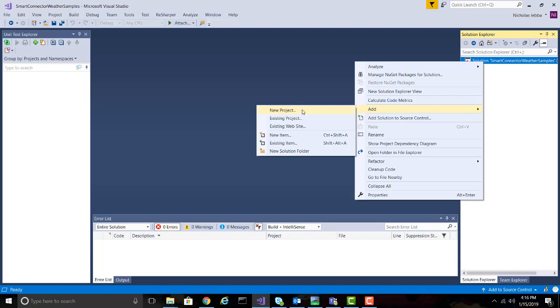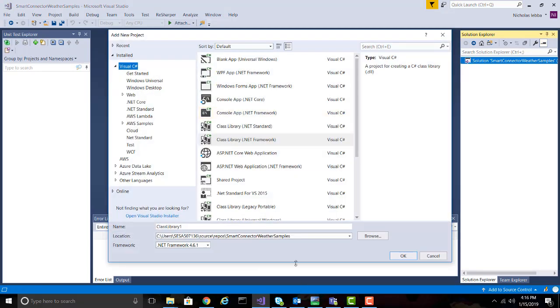You want to do class library .NET Framework. This one, and not this one, .NET Standard. .NET Framework. You can name it however you wish. We'll go with Smart Connector dot first weather extension, and then pick the target .NET framework that you want to have your extension work with,